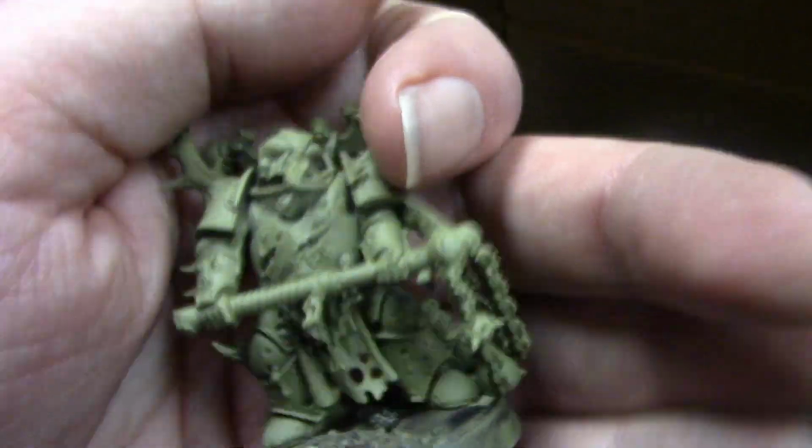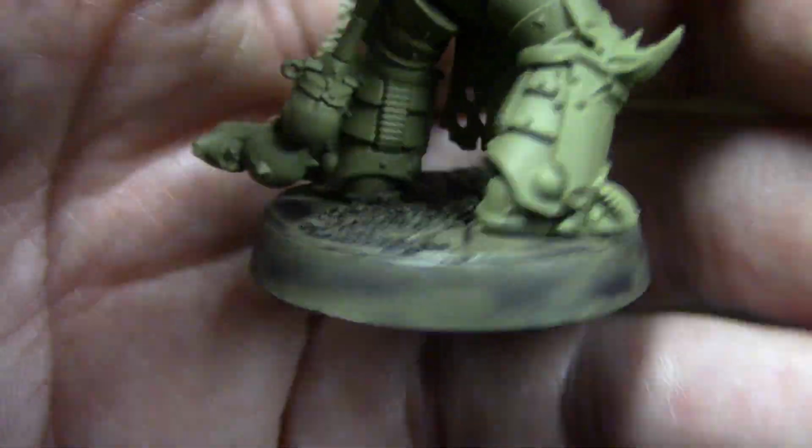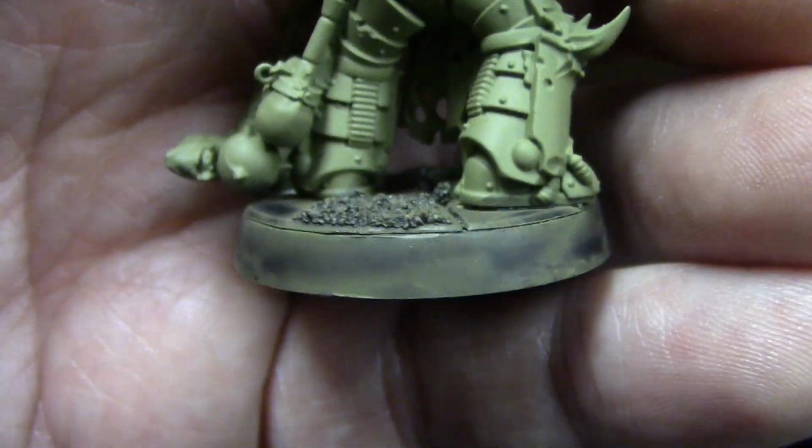Now this guy was primered Death Guard green. You can see that, and the base was actually painted with the gray. It doesn't really cover very well, and I'll show you that on some other models. Now, it does look good on certain things, but on certain things it just did not do very well. For example,